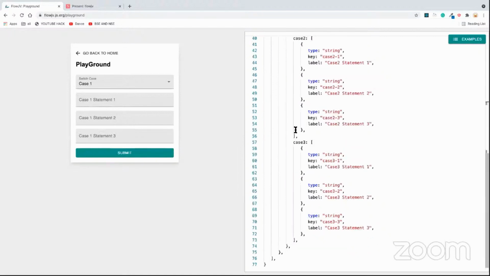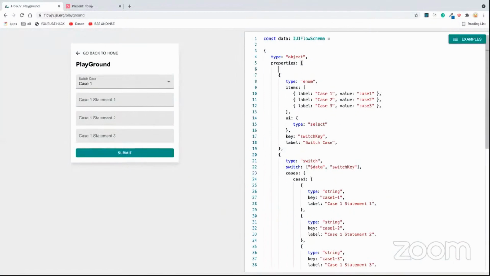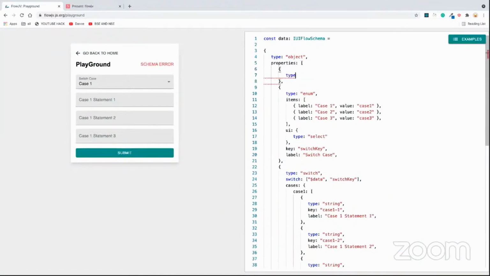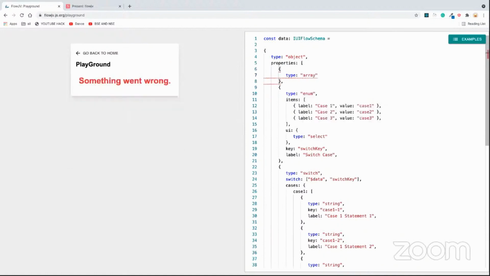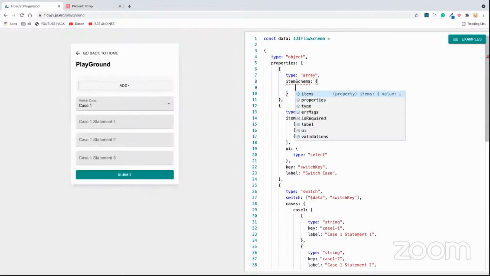And there is also something called arrays. Working with arrays in web applications is a real headache. So FlowJV gives you the ability to define something called arrays, where you can say, I want to have an array, and I want each item within that array to be of type string.